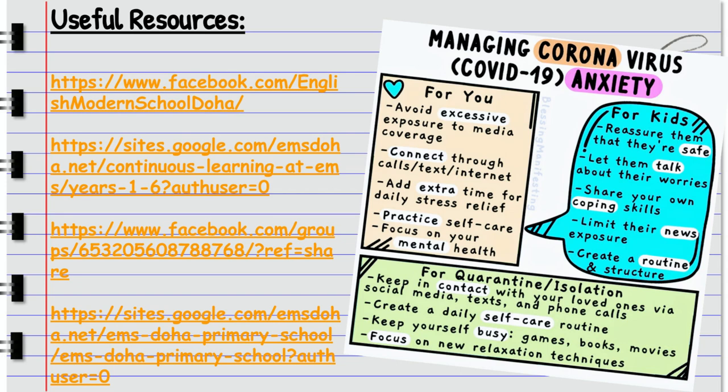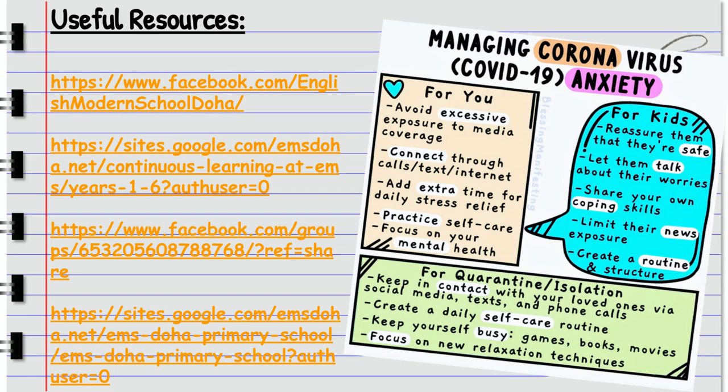Try also to make sure that you limit the amount of time you spend on those WhatsApp groups for school. If you're worried about anything, I know that the ministry often tweets around 9 or 10 o'clock at night. If you get a question, email the picture and ask the question to us. You can only get the facts from the school. Unfortunately, we don't have access to a lot of those WhatsApp groups. And when parents get onto those groups and wind themselves up and get angry and anxious about something, you're better off just asking the question to the people that can answer it. So email us, we're here.